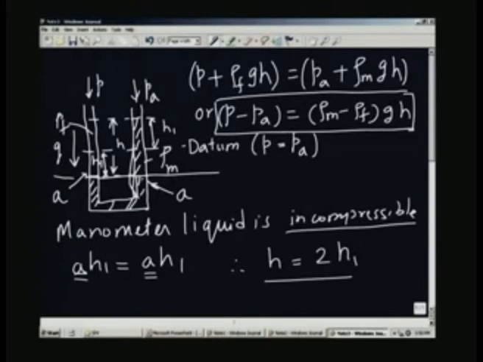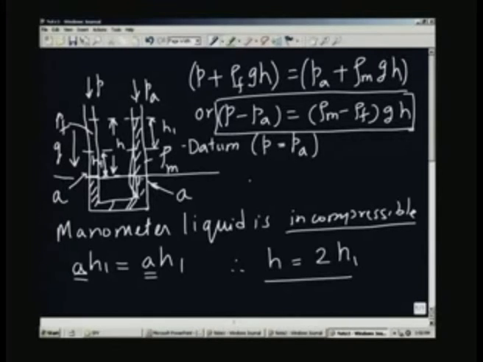So, you see that in the use of the manometer, the density of the manometer liquid and the density of the fluid whose pressure I want to measure, both are going to come into the picture. In practice, if you are using a mercury manometer for the measurement of pressure in a medium like air, the density of air is like 1 kilogram per cubic meter compared to about 13,000 kilograms per meter cube for mercury. Therefore, in the case of mercury manometer, rho f is very small